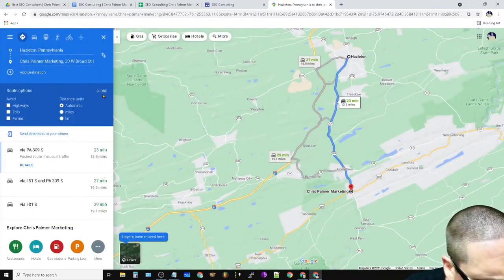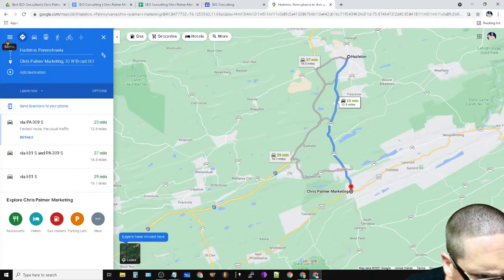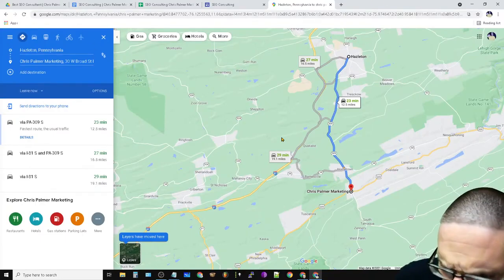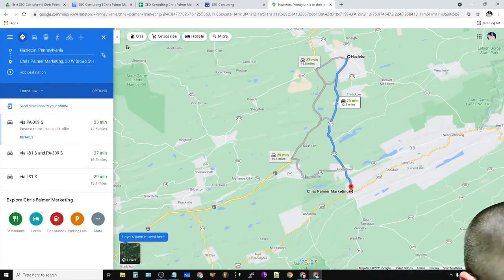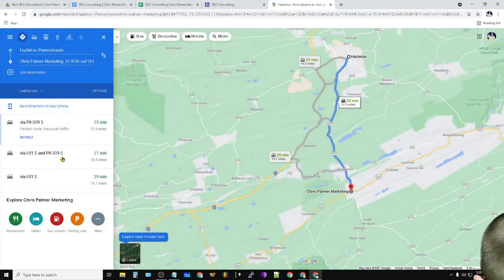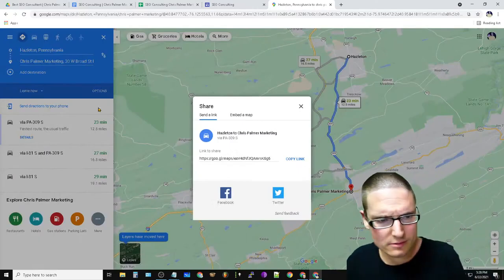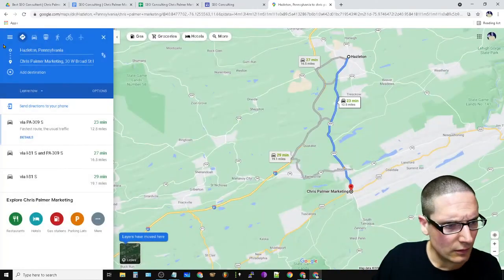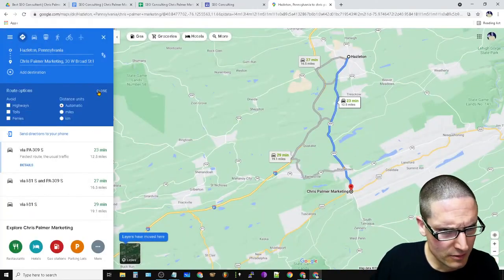Is it under options? It's been a minute since I added this in here. Where is that button at? I'm looking for a button. Your places, contributions, timeline. Ah, okay, there it is. Wait, was it under options?